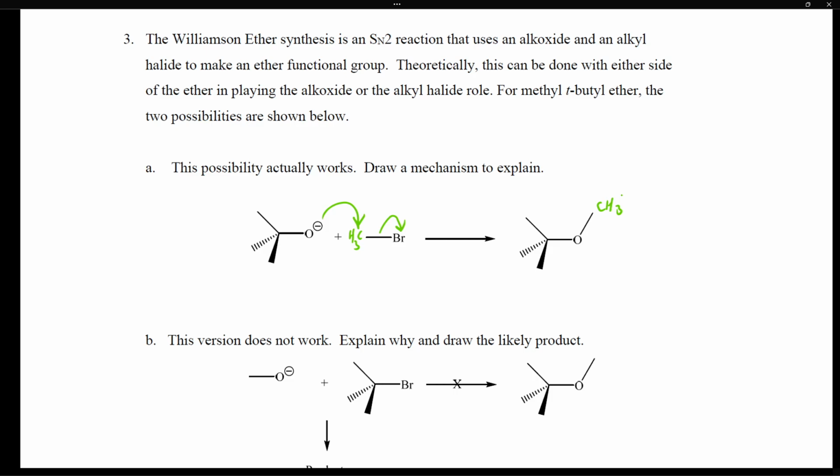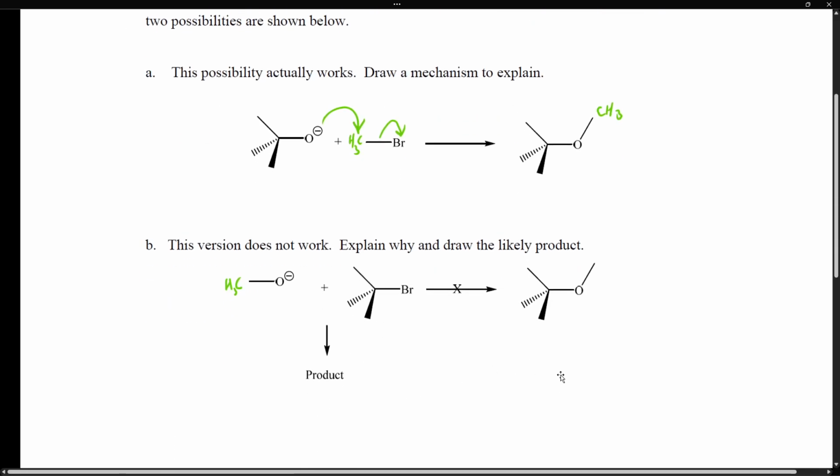Its problem is when it doesn't work, which is the other part of this. If I went the other direction, using instead of the T-butyl side as the alkoxide, the methyl side as the alkoxide, remember this is still a methyl group, and a T-butyl bromide, I have a problem. And that problem is that you cannot do an SN2 reaction on a tertiary carbon, like this one right here,